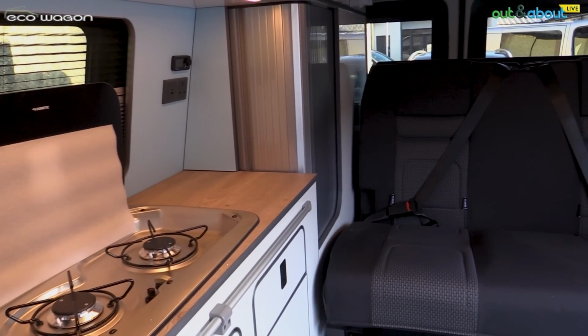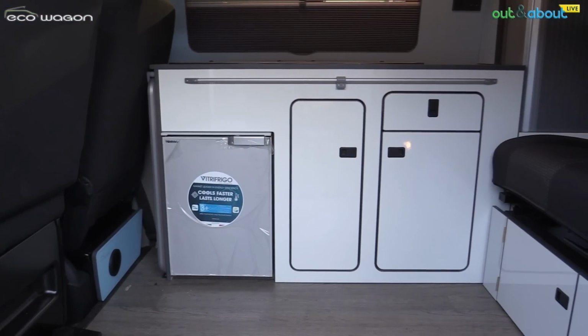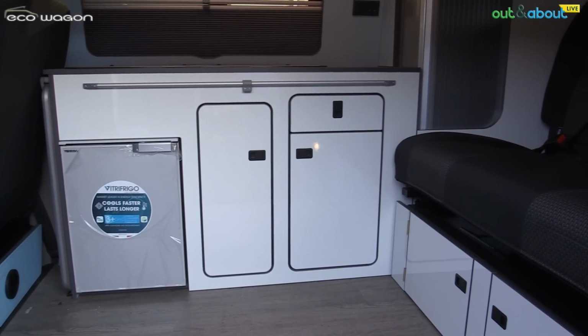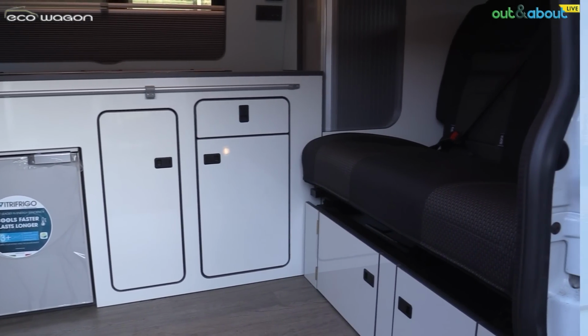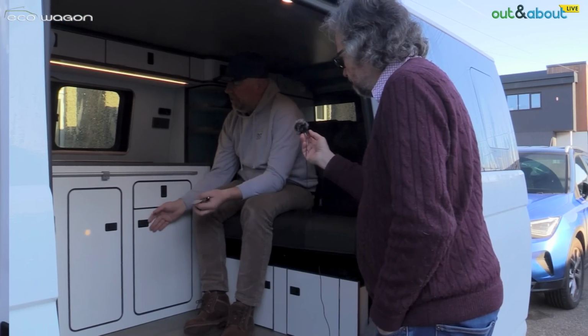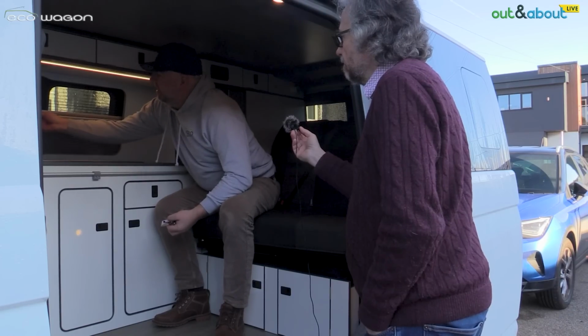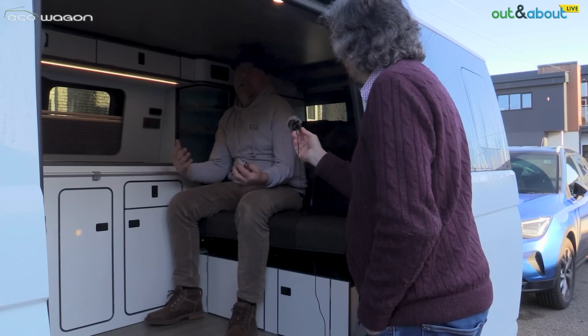You know, it's got onboard water. It's got onboard gas as well. But it's still got heating. The cupboards are a bit more basic, you know. But they're all the same quality stuff. It's the same wood. You get the same fridge. You still get your blinds and stuff, you know. It's just, you get less, but it's still...